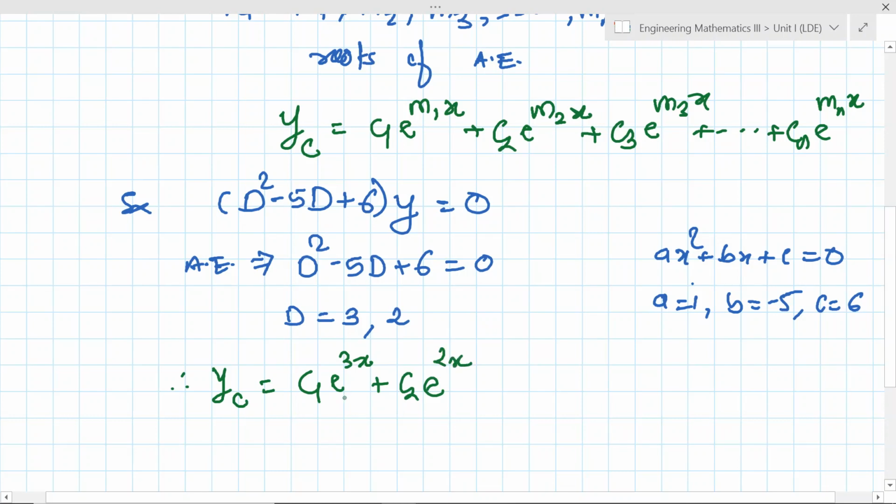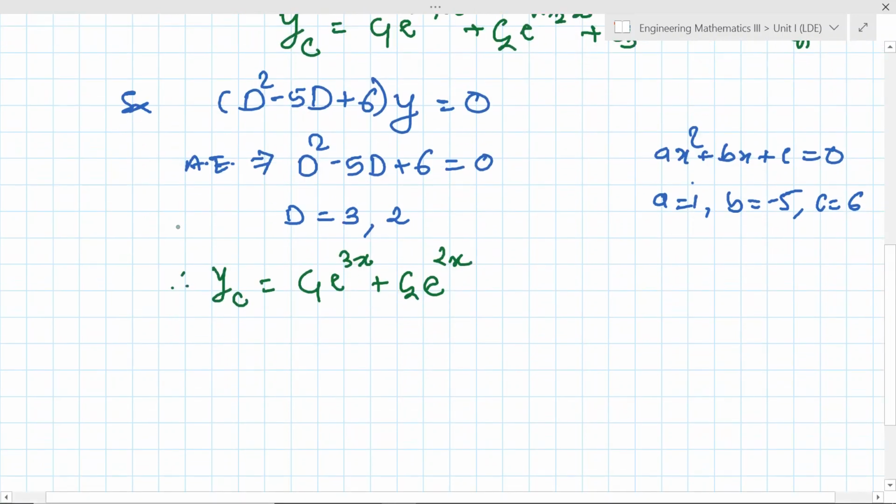You'll get 2 marks for this, 1 mark for this. It is very simple. You just try to find the roots. If your roots are correct, you will automatically get the correct complementary function. Are you understanding? Is there any doubt? If you have a doubt, you can ask. So let us see the second example also. This is the first example, now example number 2. Suppose we have D square minus 2D plus 3.